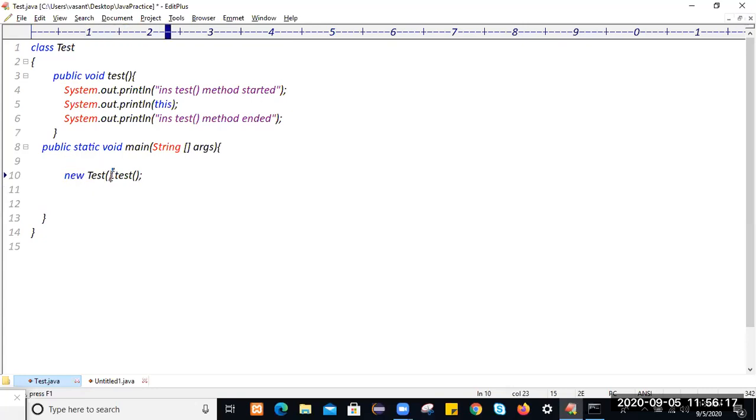It will create the object. The user didn't give any name to this object, so the compiler will give the name to this object, that is called the this keyword. So on that nameless object, like on this memory address directly, you are calling this test method. This test method will get called.